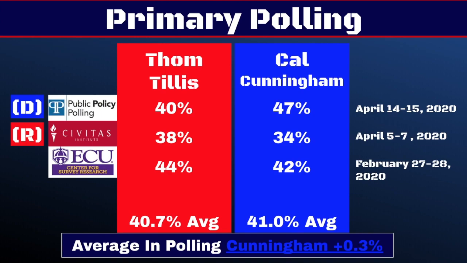So, with those 3 polls added up, Thom Tillis averages about 40.7% and Cal Cunningham 41%, with Cal Cunningham leading the polling two-way race by 0.3%. However, as I mentioned, there are third-party candidates which could definitely play an effect on who ends up winning this race, as it did in 2014. Also, if this is true and it's 40.7% and 41%, there's a lot of undecided vote left. So both candidates can win here. Thom Tillis could win easily. Cal Cunningham can win easily. This is going to be a very competitive race, but don't think it's out of reach for either party yet.